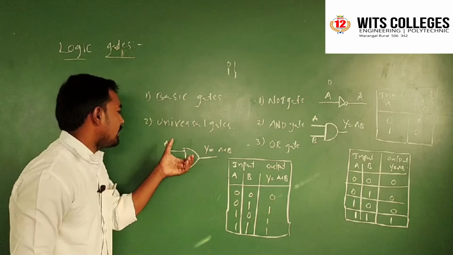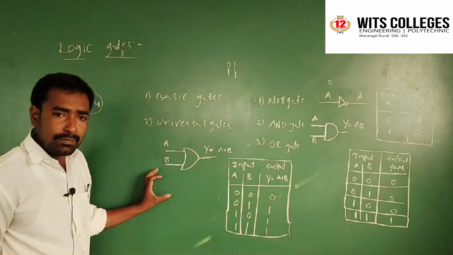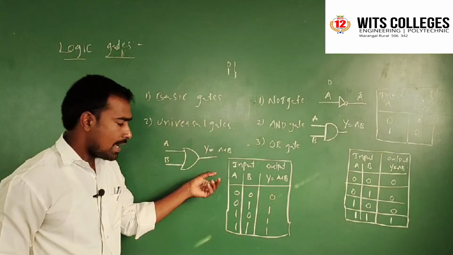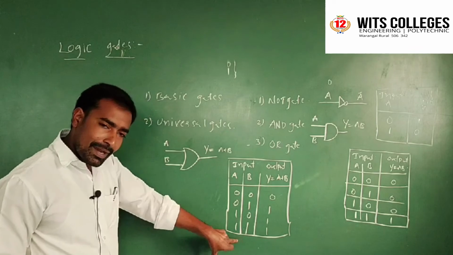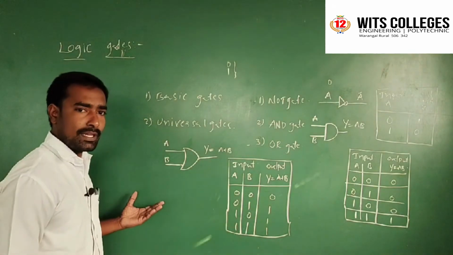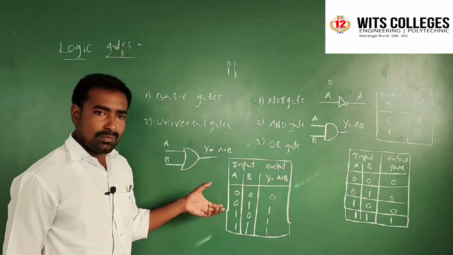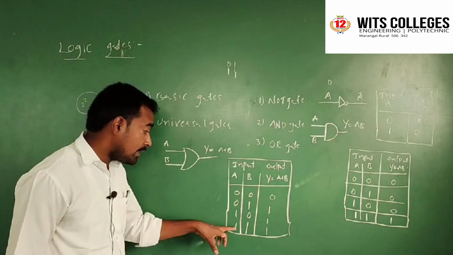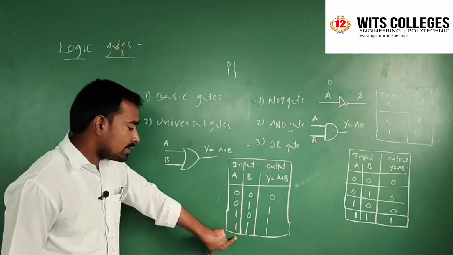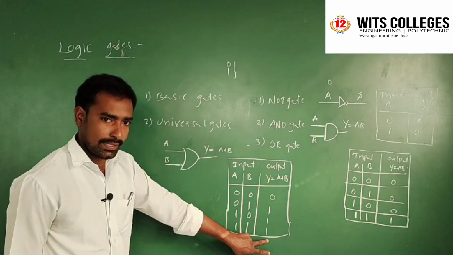That means the OR gate is used so that if any input is active high, then the output is active high. In binary addition, 1 plus 1 is equal to 0 and a carry is generated, and that carry is forwarded to the next most significant bit. But here for the OR gate, if any input is active high, then the output is active high. Okay,